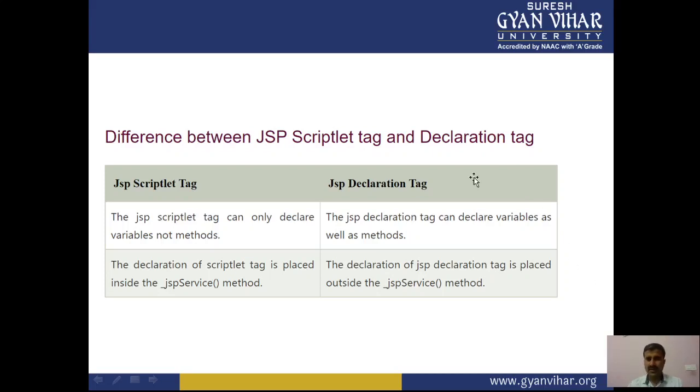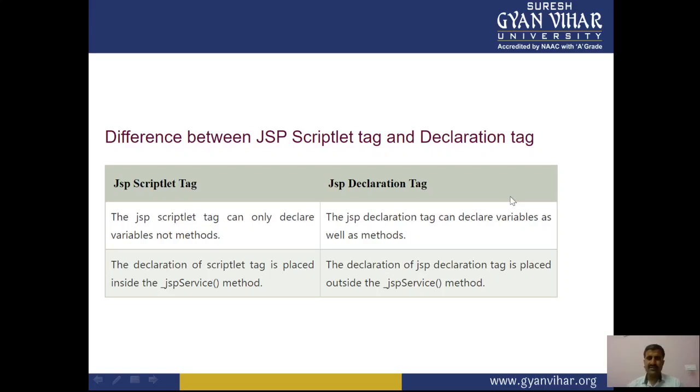We are all aware of certain points which are very essential. Suppose we are implementing the life cycle. In JSP, we have discussed translation first of all, and then compilation. After compilation, there is class loading, and after class loading, there is instantiation, with initialization.